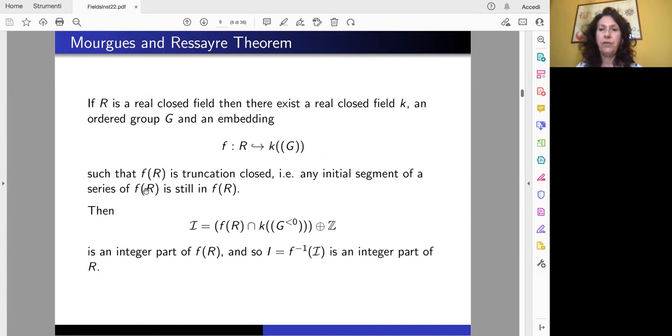I briefly recall the construction of Mourgues and Ressayre, how they get an integer part. You start with a real closed field R, and then you take the residue field with respect to the natural valuation on the ring R, and the value group G with respect to this valuation, and there is an embedding of R into this power series field, which is truncation closed. And this means that any initial segment of a series,